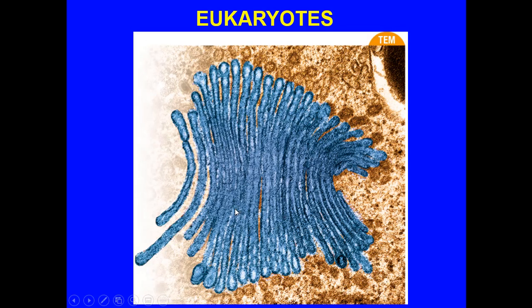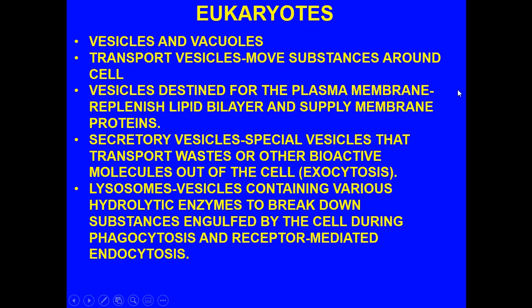Here is another EM, electron micrograph, of the Golgi apparatus. Here you can see the receiving end, and it's almost like there's a processing or distillation or concentration, purification, whatever, that occurs with different products, and eventually they bubble off as vesicles. And that brings us up to vesicles and vacuoles. Okay, what are the different types of vesicles that exist?